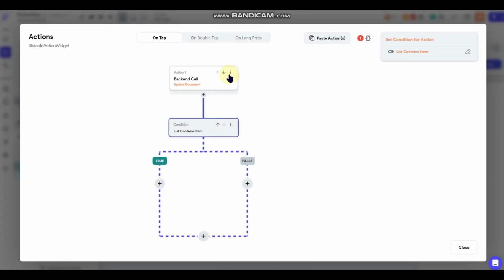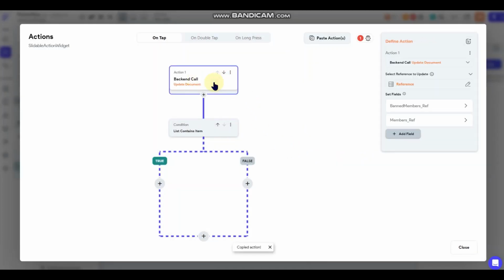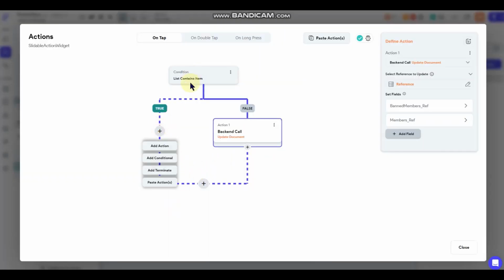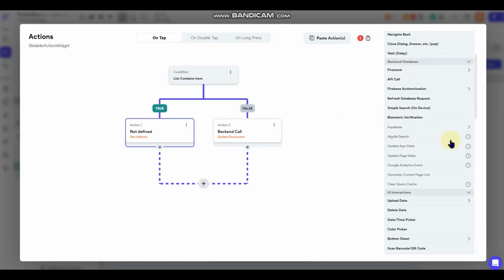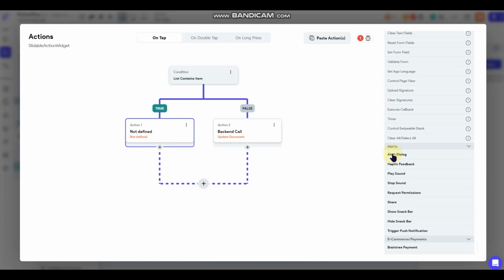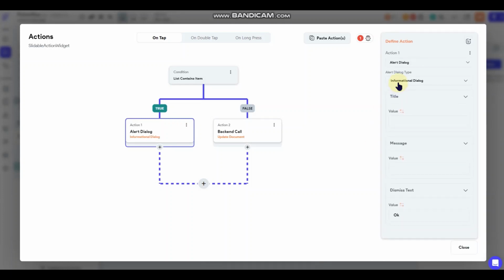So if that is false, we want this action to take place here. But if it's true, if they are in the moderator list, then we would want to throw an alert dialog. And just do something like